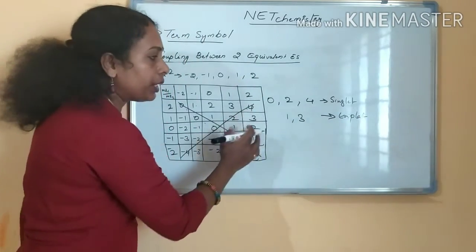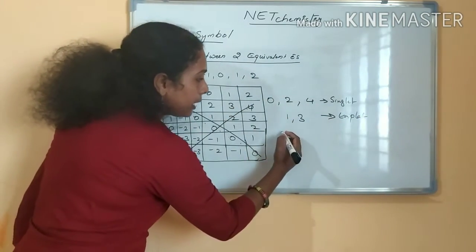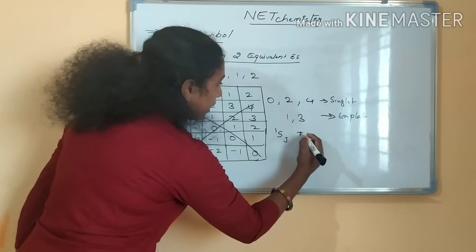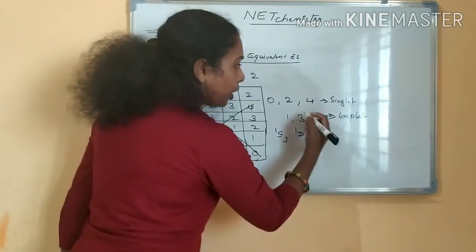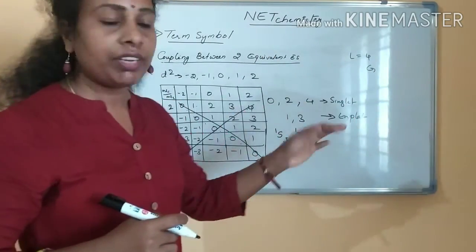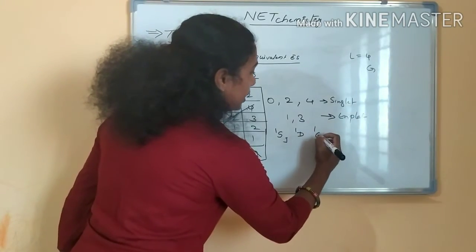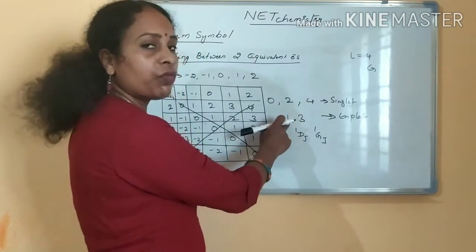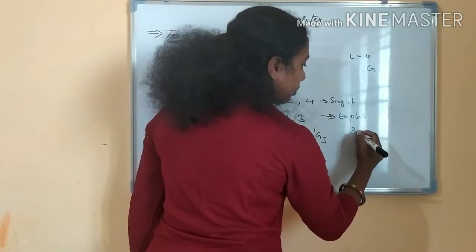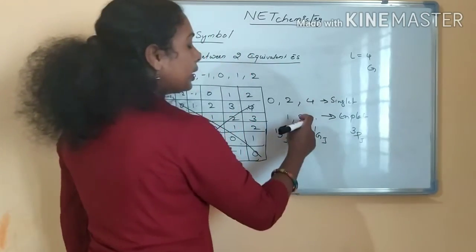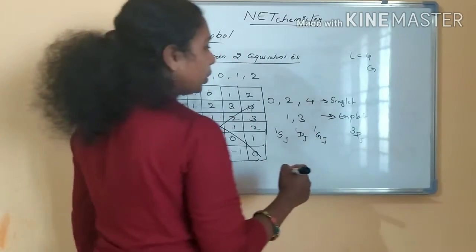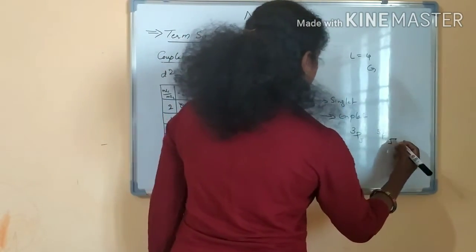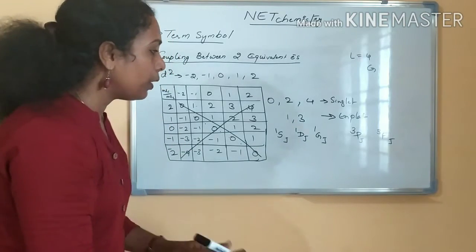These are the L values you are getting. Now tell me, 0 represents S, singlet S, 1 is P, then 2 represents D, and 4 represents G. After F it will be G, okay? So I am writing 1G, and for all of these you now have to calculate the J values. Then 1 represents P, it is a triplet state, and you have to calculate the J value. And what does 3 represent? 3 represents F, right? That is also triplet. So this many J values we now have to calculate.